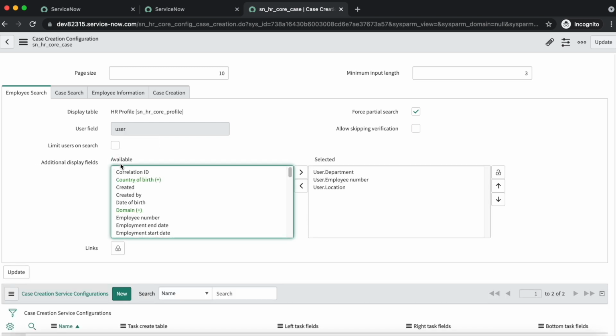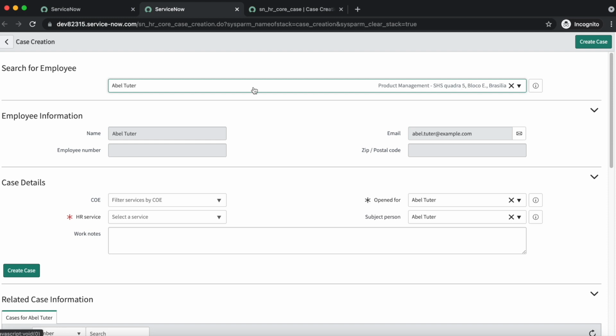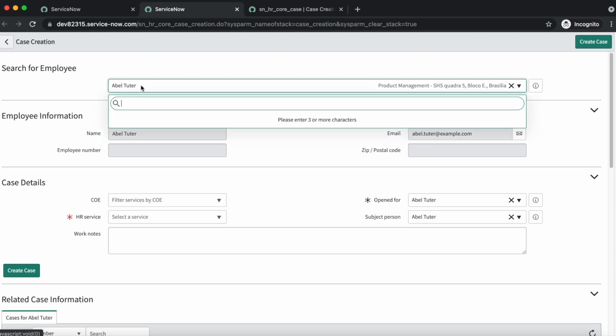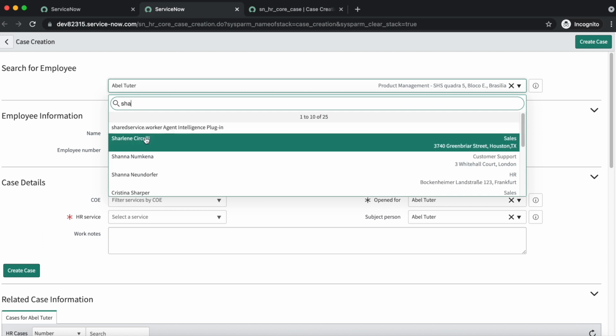Over here you can click on that lock icon and add whatever fields we have, and they will get displayed over here whenever you are searching any user. Like if I'm searching SHA, here you can see that we have some more additional information for that user.